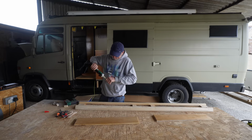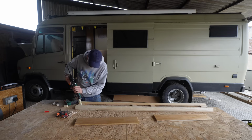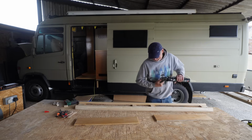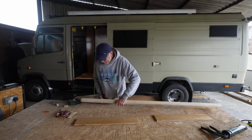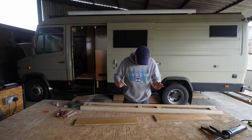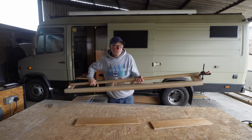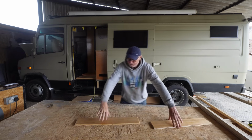Oh, looks like Becky's blocked up my glue. Right, it's alright. Give it like that. So just a little blob. Crikey, there's plenty. Right, it's oozing out. Smells too much. That's it. Right, one now. I'll tell you what, this was 15 quid. Works perfectly fine. Don't know about getting new staples for it though. Lovely. Right, so whilst the glue dries, I'm going to set this aside like that and concentrate on